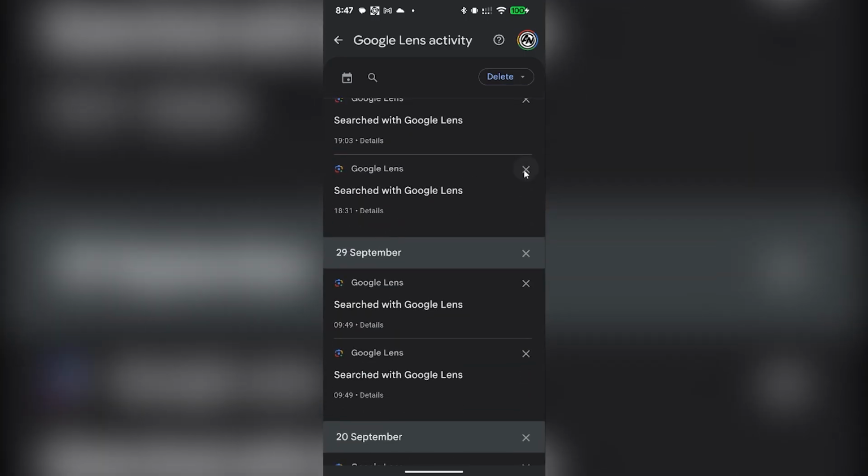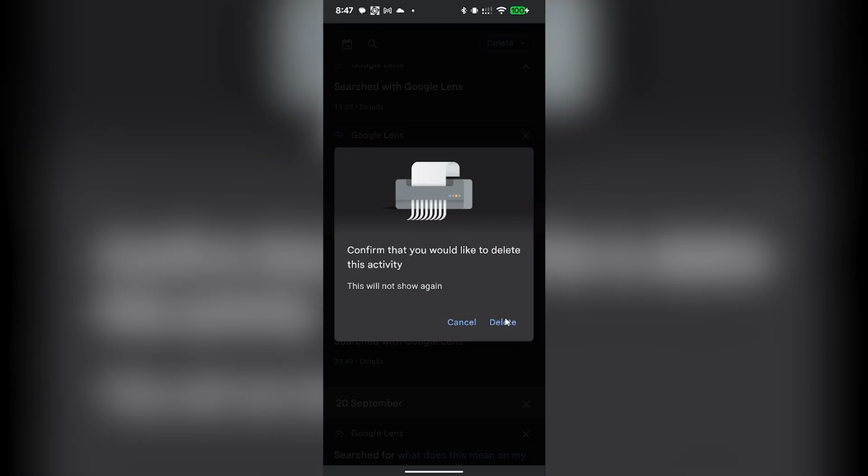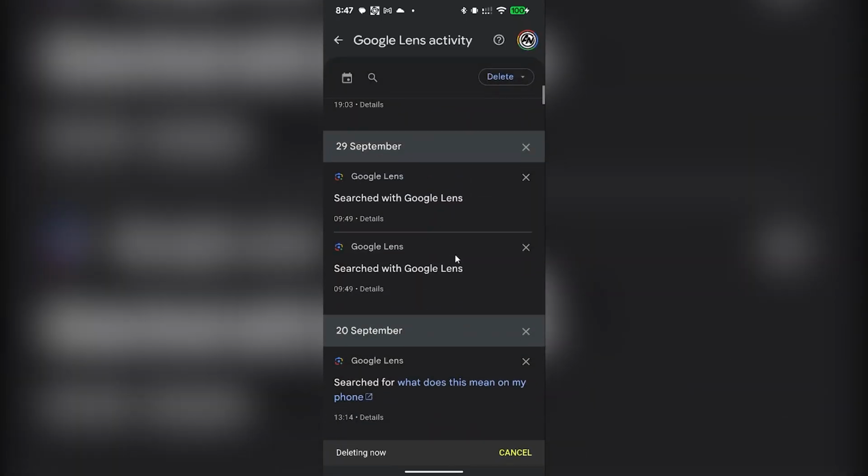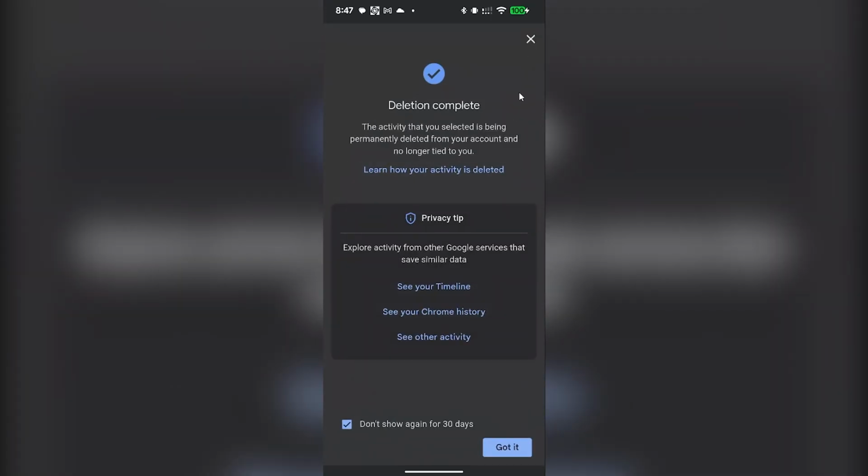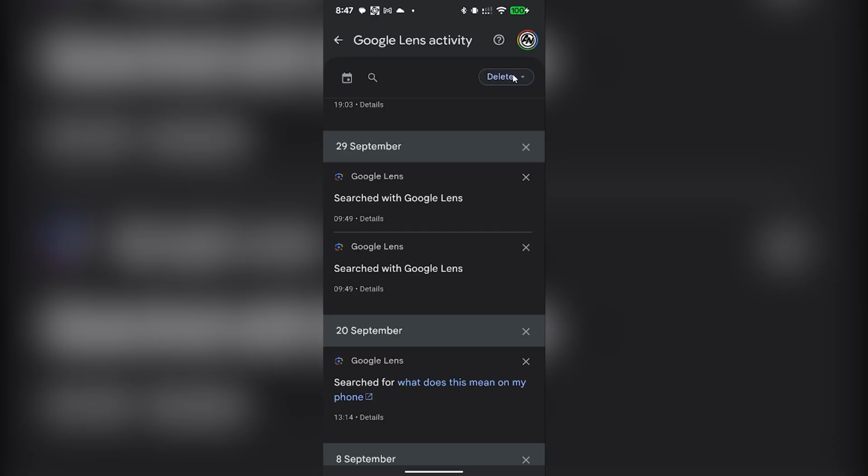What you have to do is simply select the cross button and click on delete to delete that specific Google Lens photo search. You can also click on the drop down menu of the delete button, and you can select delete today to delete all of the today's Google Lens searches, or delete custom range, or delete data of all time. All you have to do is select any option of your choice, and that's simply how you can